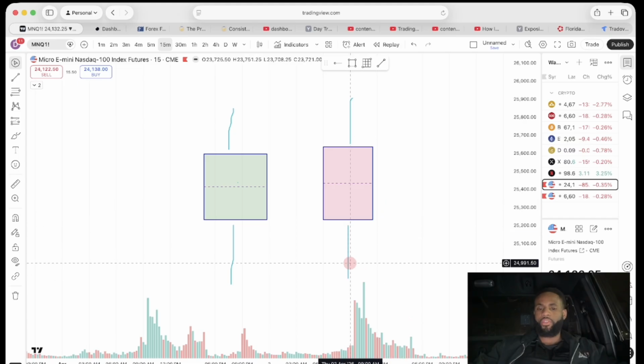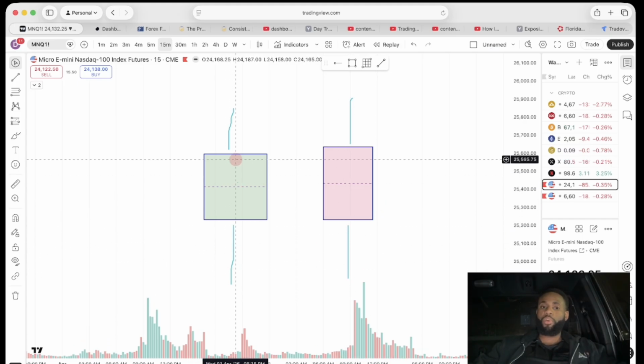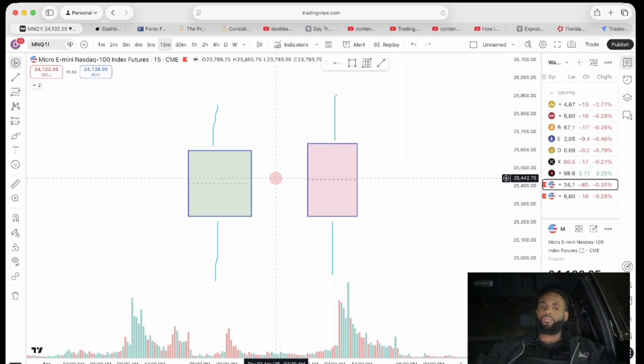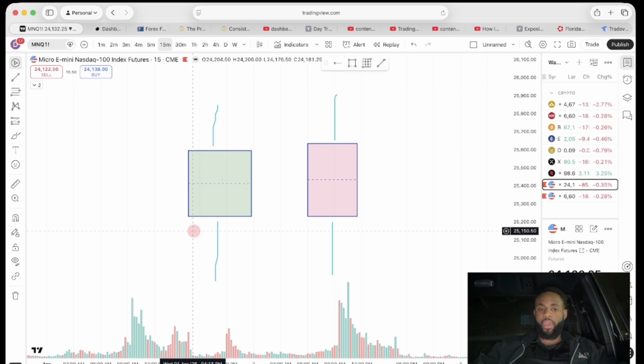These are called wicks. All right? So the wicks pretty much represent where price has gone in the candle. So let me repeat that. The wick represents where price has gone within that candle. So if this is an up candle and this is a down candle,